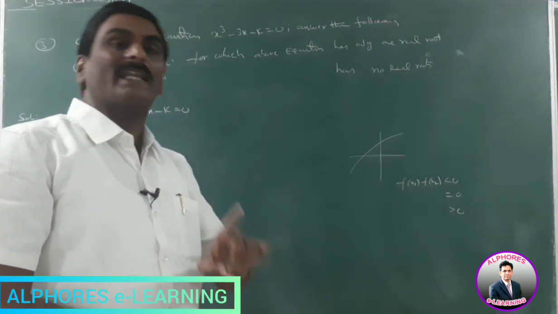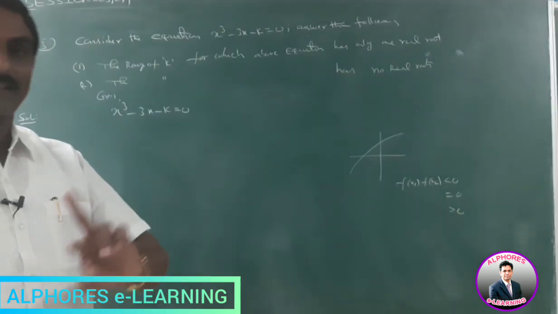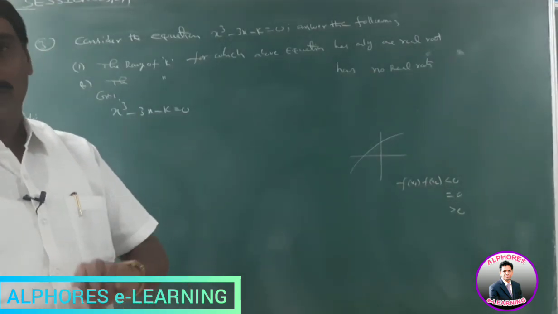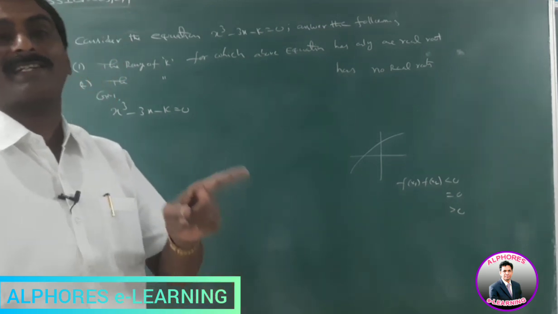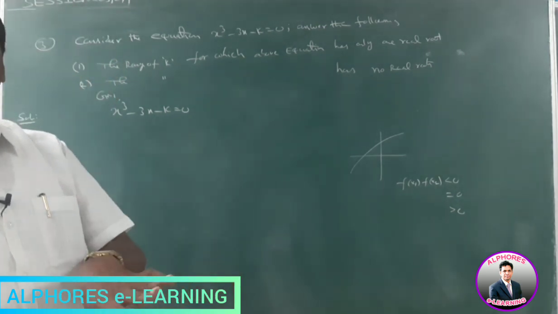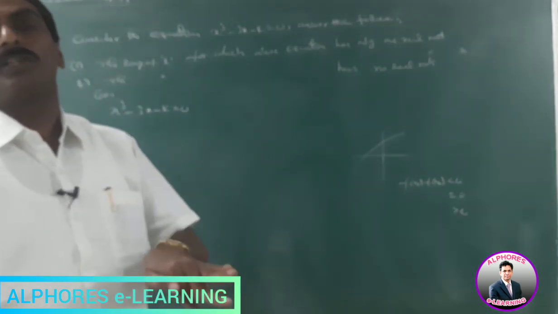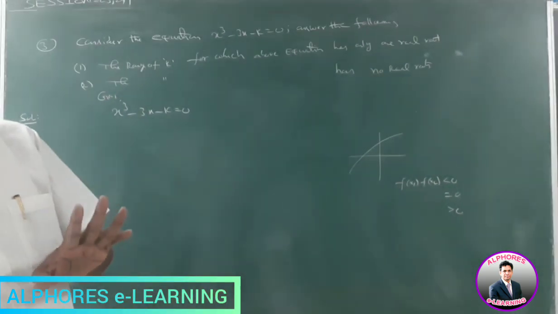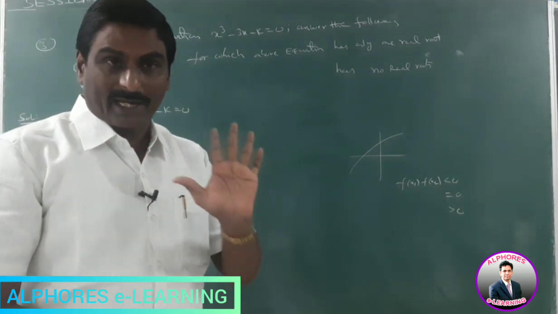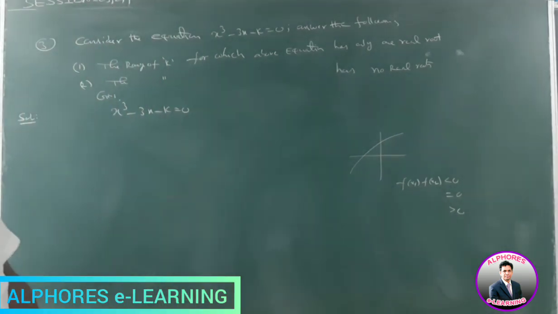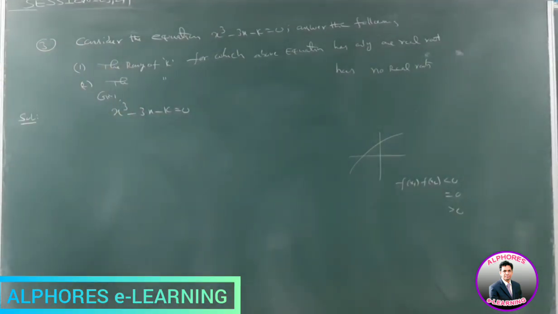Suppose delta is equal to 0, then the roots of f dash x is equal to 0 are equal, say x1, x1. Suppose f of x1 is equal to f dash x1 is equal to 0, then it is a repeated root of order 3. If f of x1 is not equal to 0, then the equation has only one real and two imaginary roots. Okay, these are the natures of the roots in the cubic equation. By using that, we find the values of k.